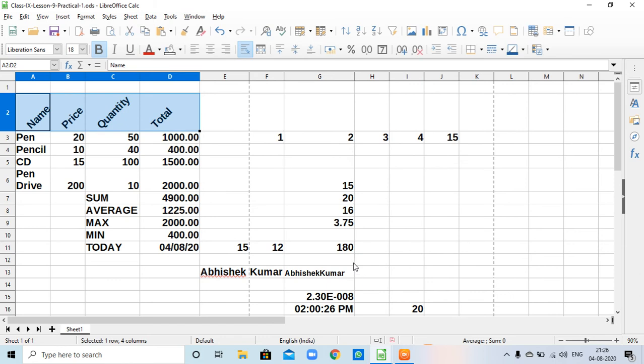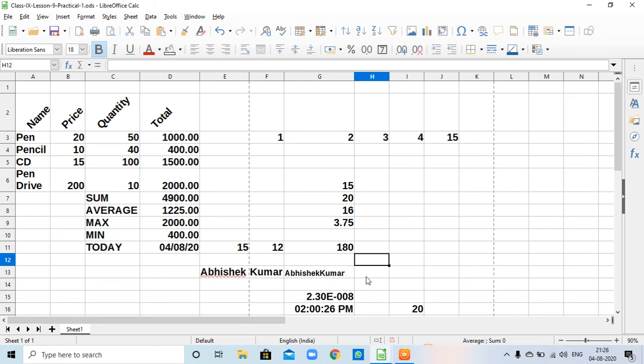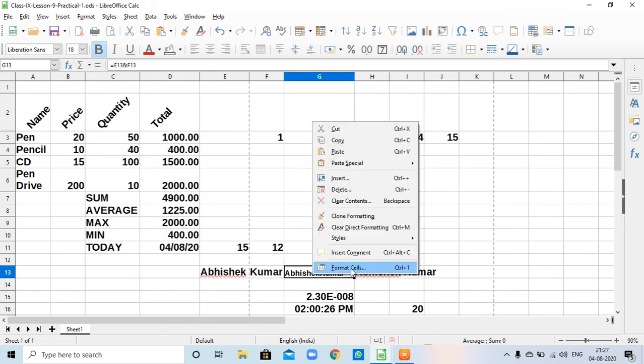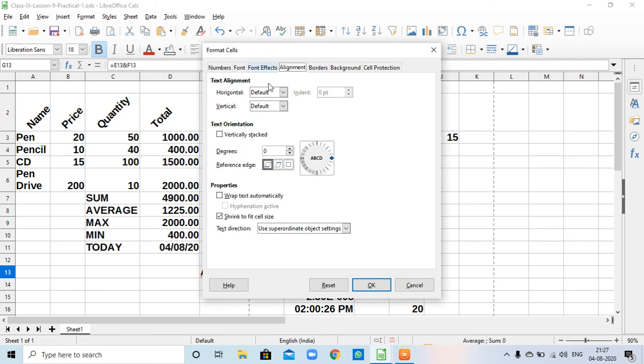Next one is shrinking text to fit in a cell. Suppose here I am typing Abhishek Kumar. Now click on this cell, right click, suppose select this cell, format cells, then wrap text automatically, click OK.